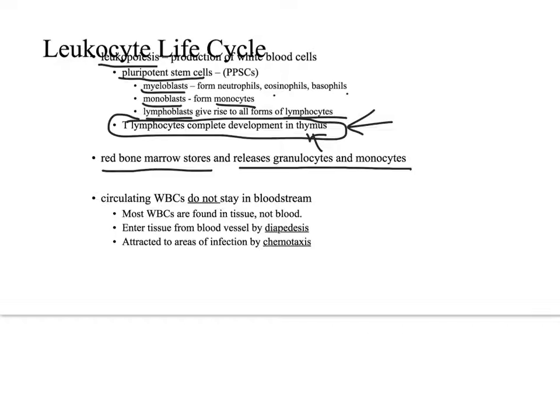Now most white blood cells don't stay in the bloodstream. Most of them are found in the tissue. They can be found in your lungs, in your intestines, around your brain even, especially the lymphatic tissue. They enter the tissue by leaving the blood vessels, and the way they leave is called